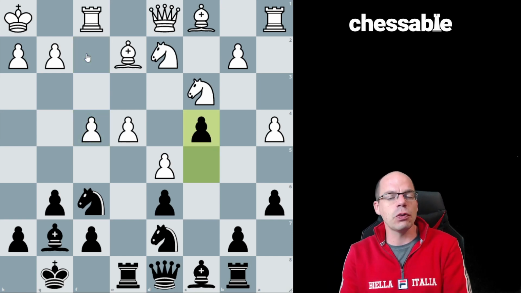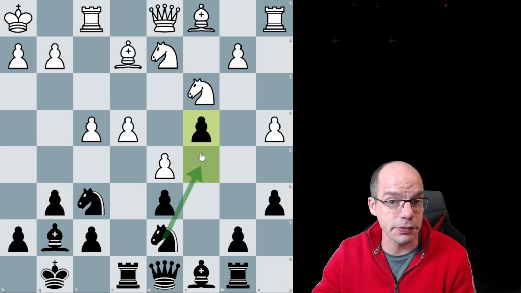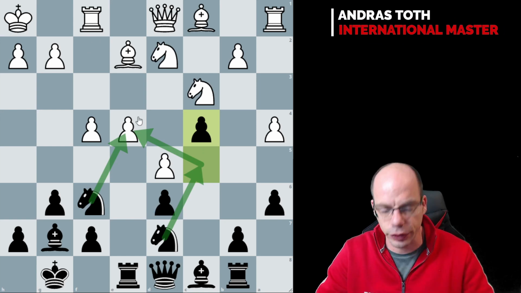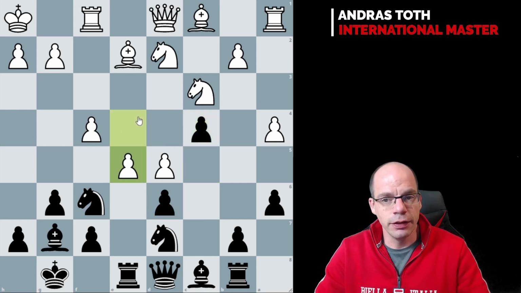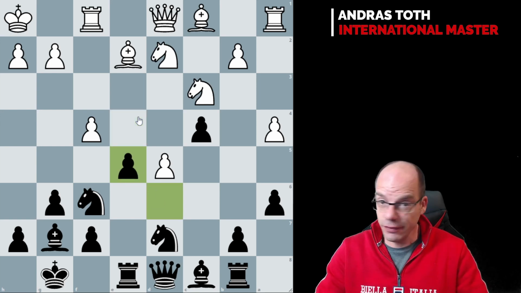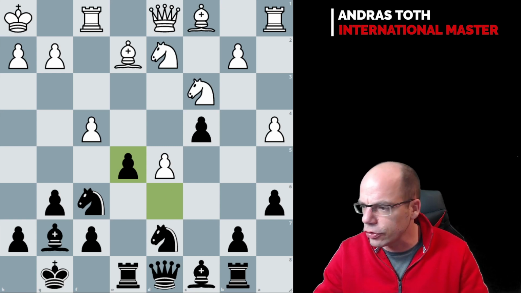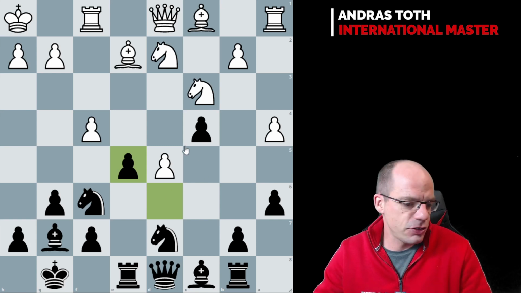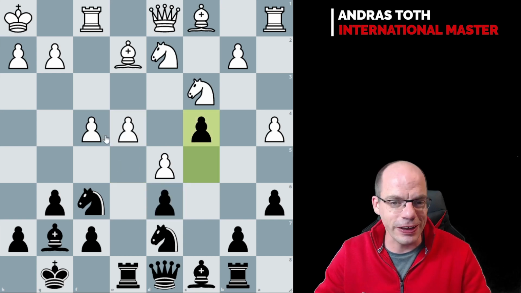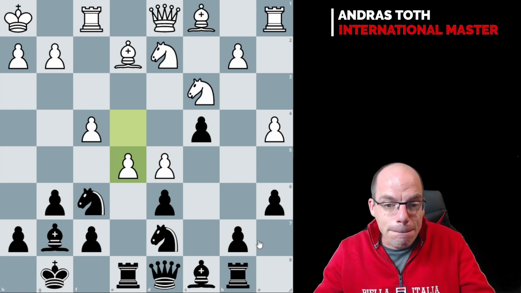c4, a really awesome counterpunch, very typical in the Benoni. Black vacates the c5 square for the knight so that he can counterattack against the central e4 pawn. e5, a counterpunch versus a counterpunch. d5, and here it is actually super easy to go over this variation and just not even bat an eyelid. But if you have the engine on, you will find out that after e5, the absolutely mind-boggling